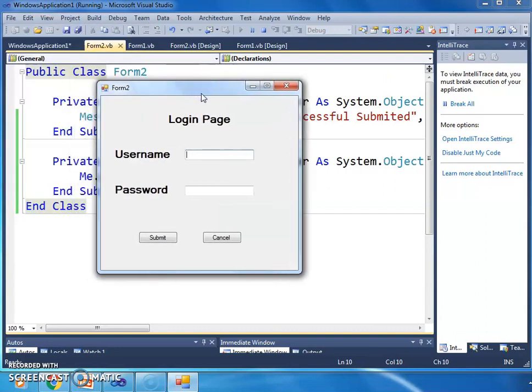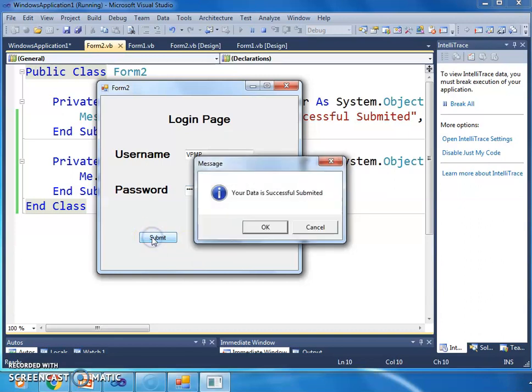This is our output. We show the login page. First we write the username as VPMP. Then we write the password. This shows the star symbol. Then we click the submit button. This is our message box window. Now it displays the first icon symbol, then the message: your data is successfully submitted, then shows two buttons,